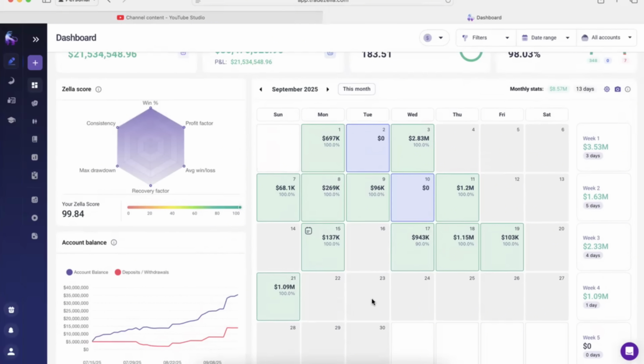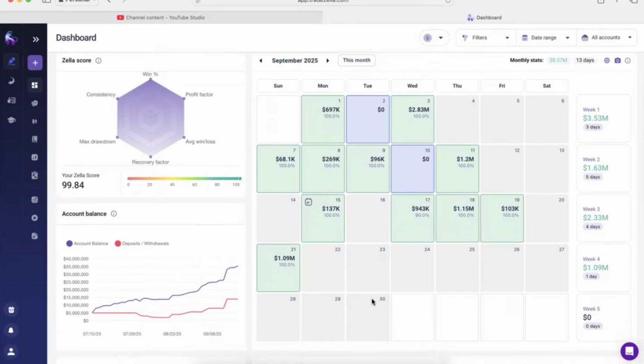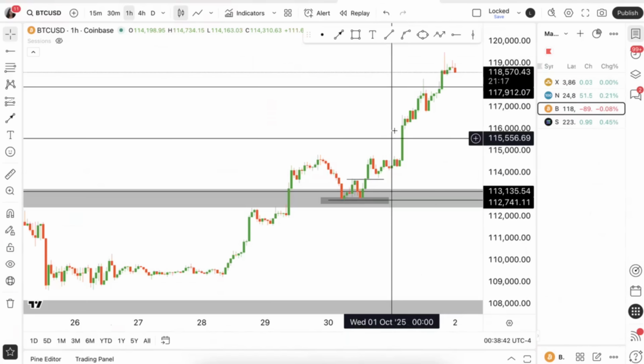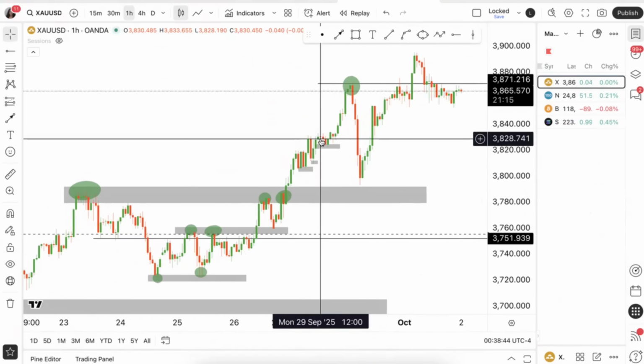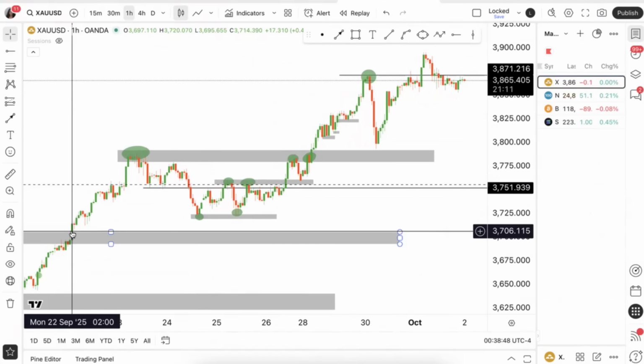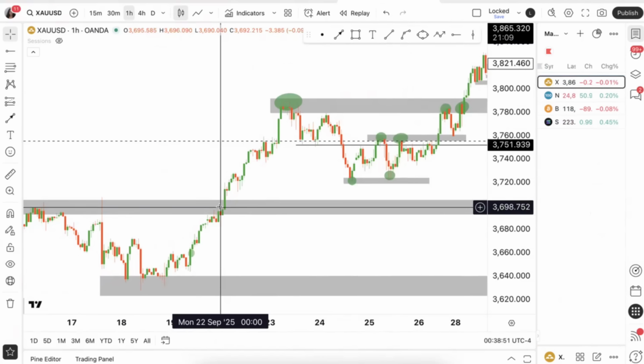I feel like crypto follows price action. So it's been pretty good. But I haven't traded gold since the 21st of last month. And it's honestly because I'm going to break it down to you guys. After pretty much, let's see, the 21st, right? So the 21st was actually here, if I'm not mistaken.